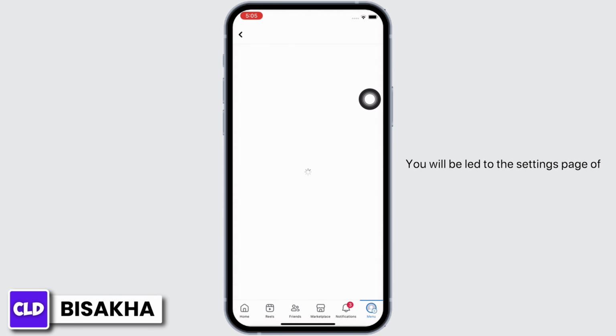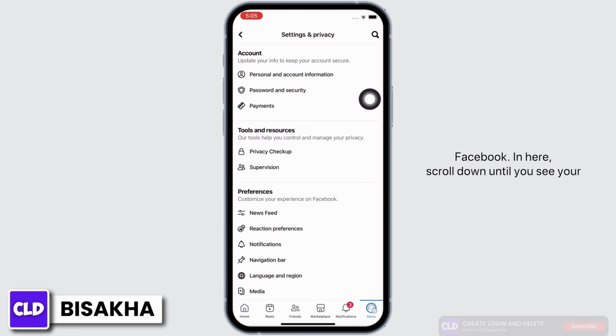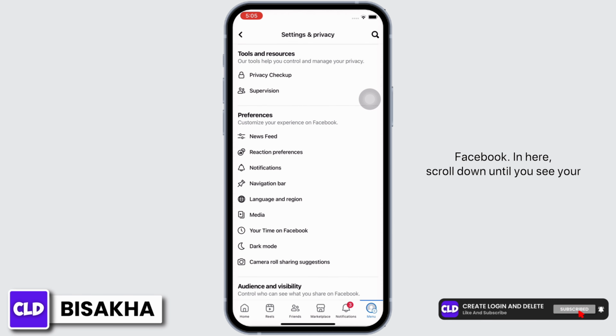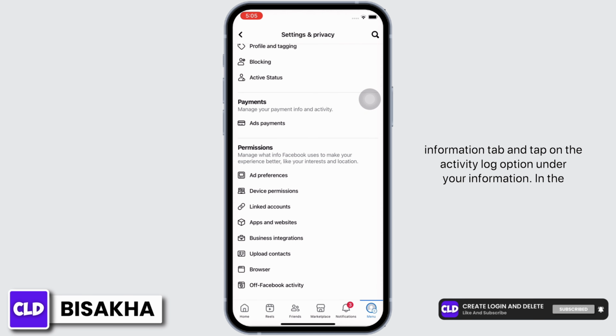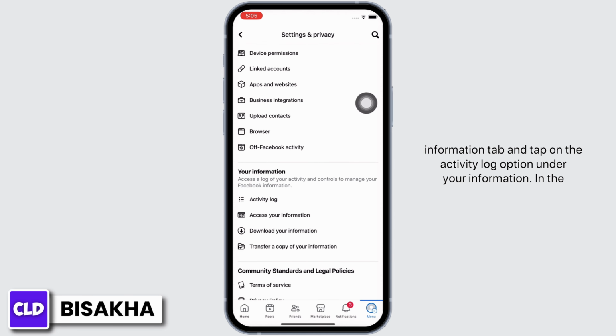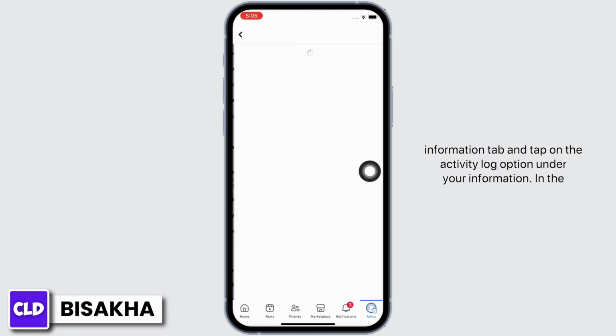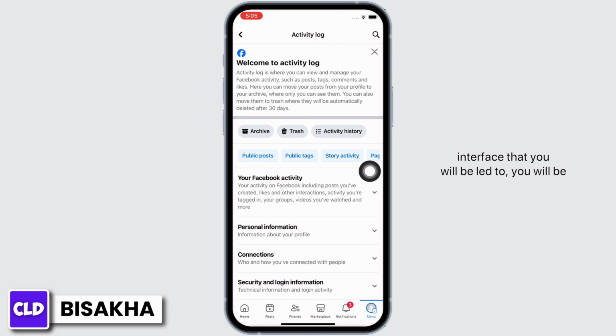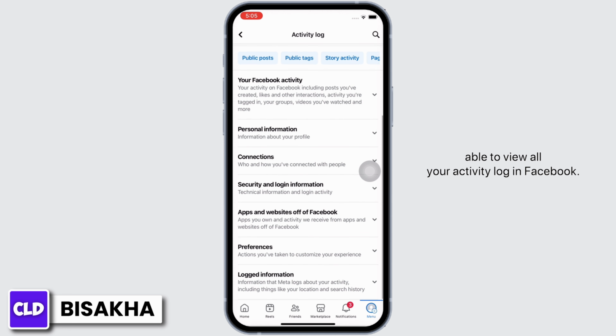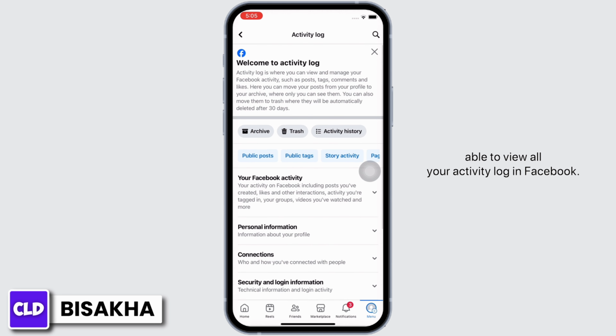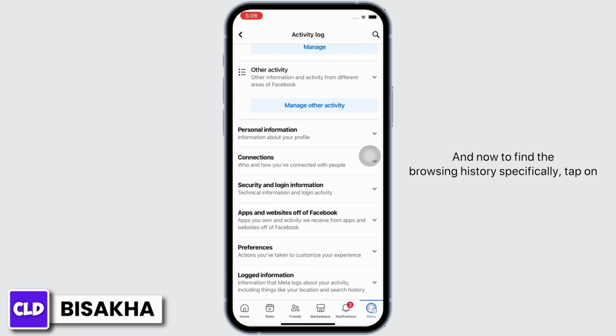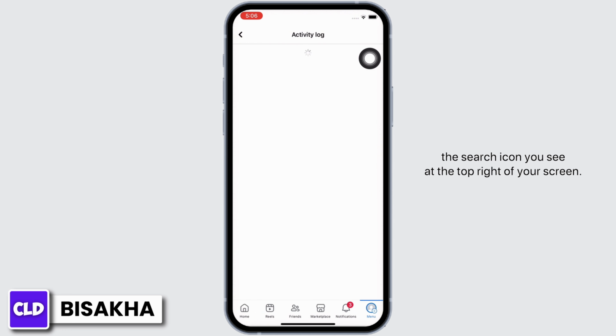You will be led to the Settings page of Facebook. In here, scroll down until you see Your Information tab and tap on the Activity Log option under Your Information. In the interface that you will be led to, you will be able to view all your activity log in Facebook. And now to find the browsing history specifically, tap on the search icon you see at the top right